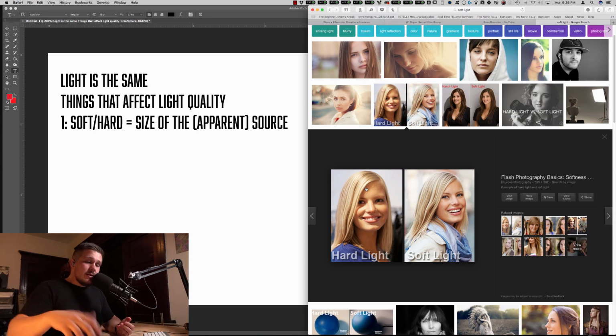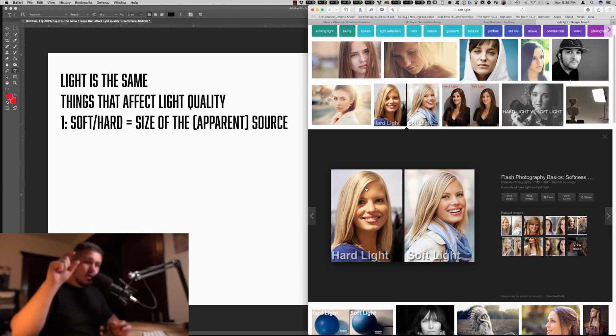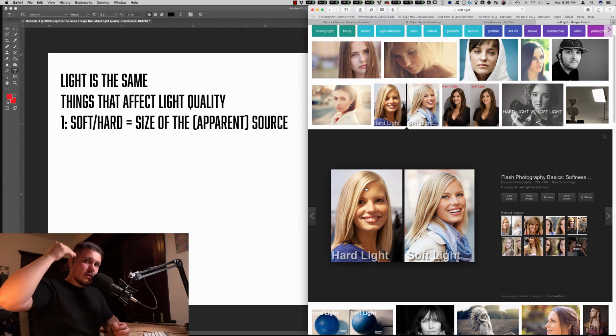But when we stand outside, because the sun's so far away, it looks small. Like, it literally just looks small to us is all I'm saying. And because it appears small to us, it makes harder light. And there's a bunch of different ways that you can think about this, whether it's like, if you think of a shadow as like which